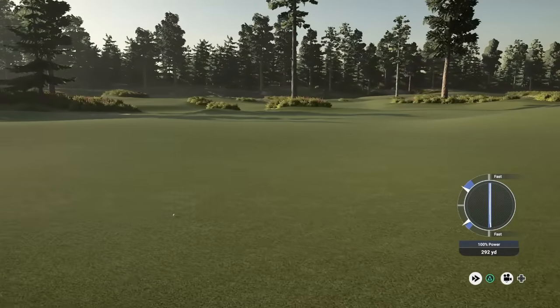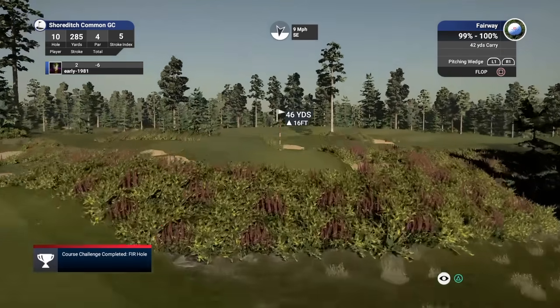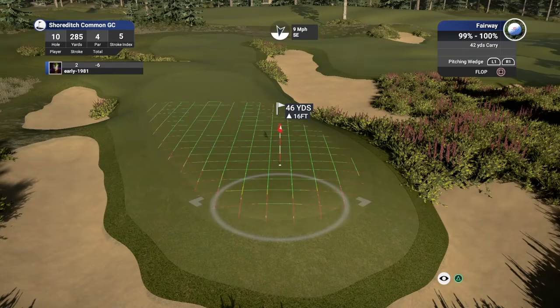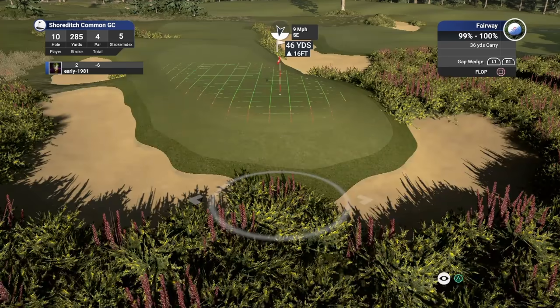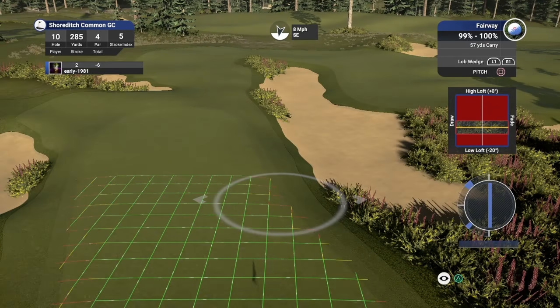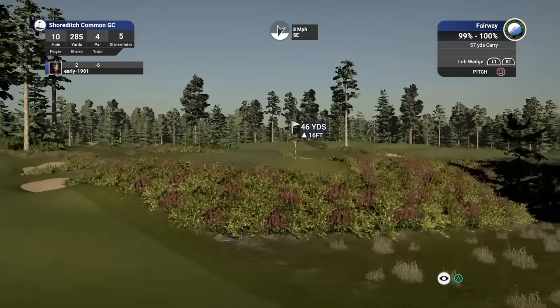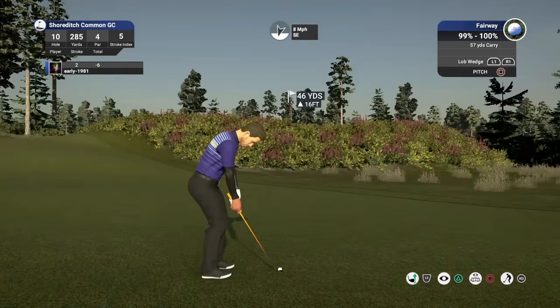I, in my head, expected at best we were landing on the front of the green there, but how wrong was I? The wind may have changed, actually, now that I look at it. We're way long. This is a nasty shot. Beautiful elevated green there. Very little room for error here. What am I doing? I am looking for the pitch shot. We're going to have to fully loft this up. I'd rather be long here than short. Leave myself